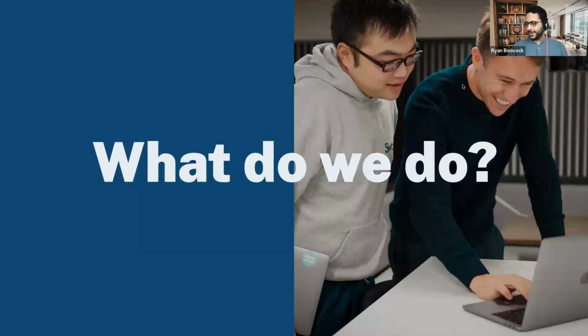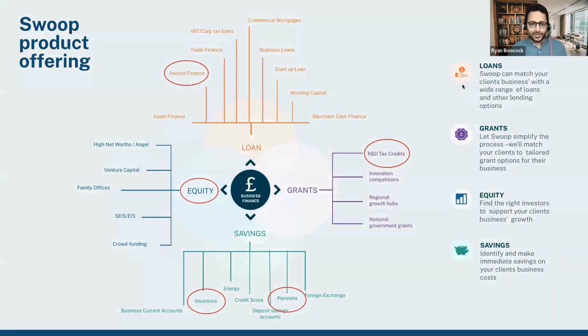You'll know much of what we do, I think, from some previous conversations that we've had. You've probably almost all seen a version of this graphic here, where we work across 300 lenders on the debt side. Just in the UK, we have access to over 550 grants, actually, as of this morning, savings, and a panel of about 200 investors as well.